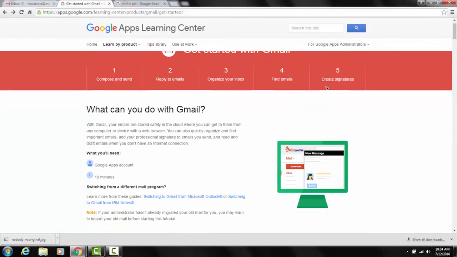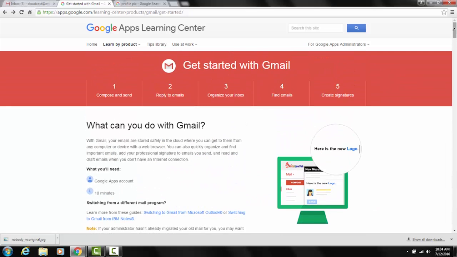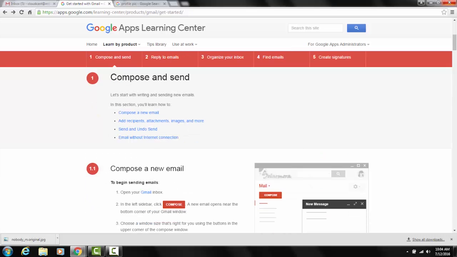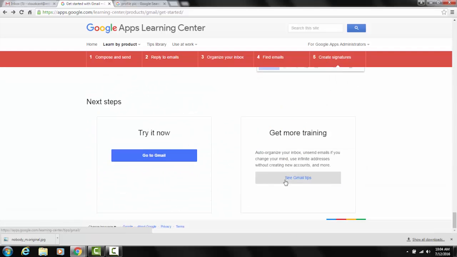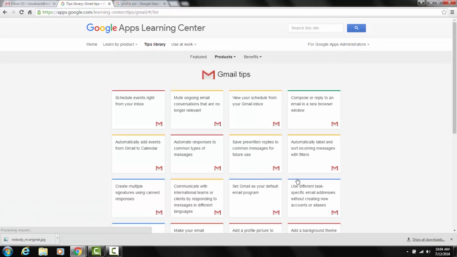Okay, getting started with Gmail. These are some advanced tips. If I scroll all the way to the bottom of this page, there's Get More Training, and it'll be See Gmail Tips. See that? These are really simple ways to do things. Another one, number 2, is to mute ongoing email